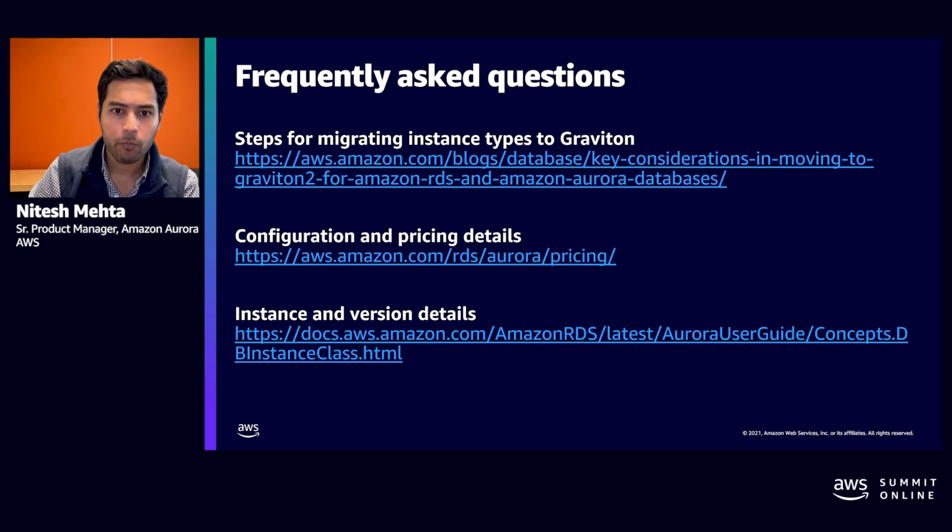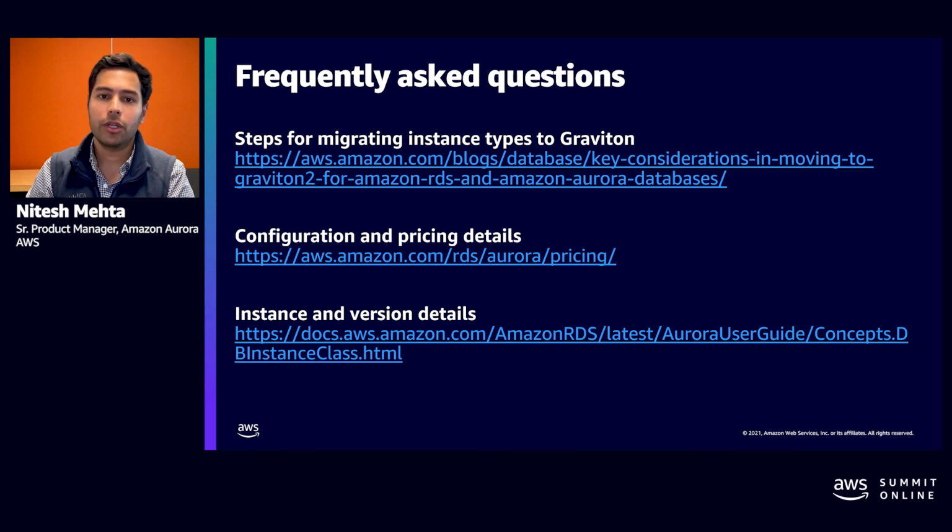So that pretty much wraps up a summary of Graviton2 and Aurora. We discussed why we built Amazon Aurora. We discussed the Graviton2 processors themselves. And we finally wrapped up by combining both Aurora and Graviton2 instances delivered again as a fully managed service.